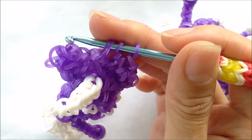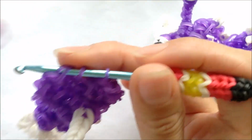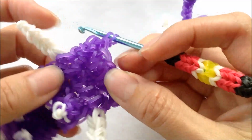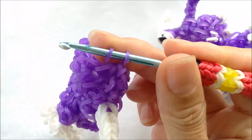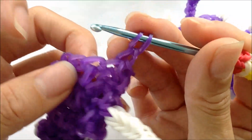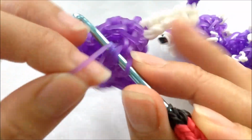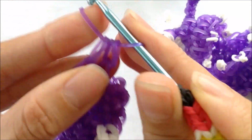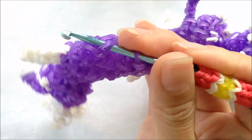We're back to where we started our row, finishing up my set and cinching up my row. So that was row number 4 for our monster suit, and row number 5 started by adding a single band to create our single chain, and we're going to reduce some more. So skipping this one, grabbing the next loop, and repeating the same pattern for the set. I'm going to skip one, grabbing the next loop,